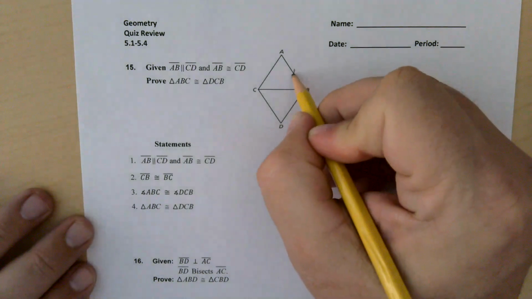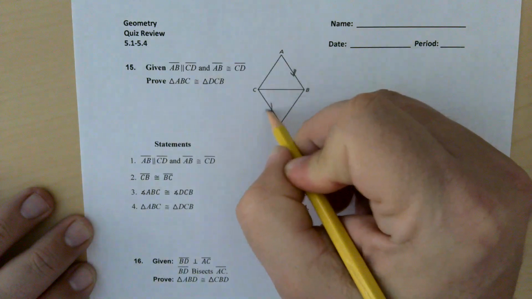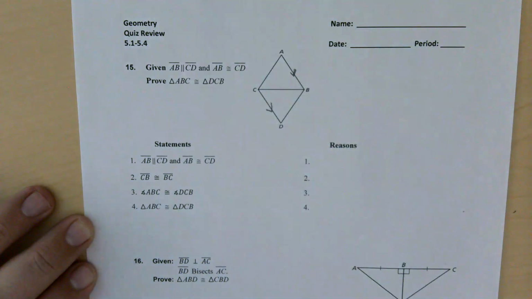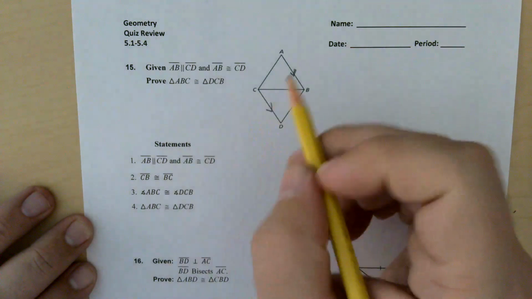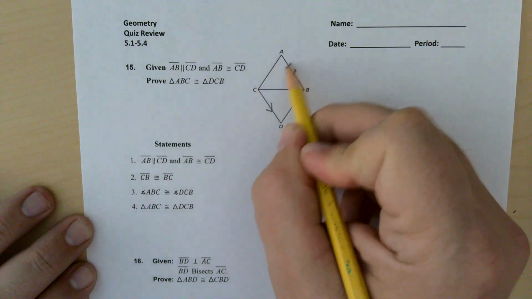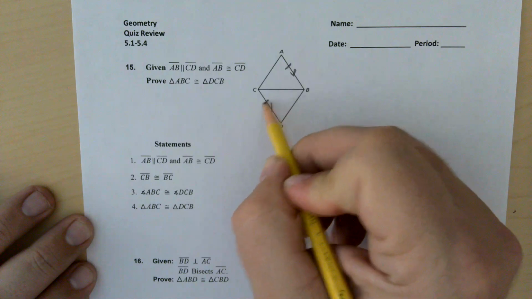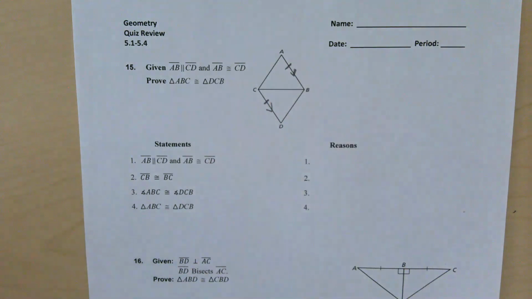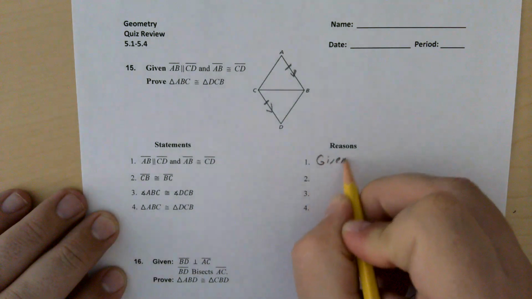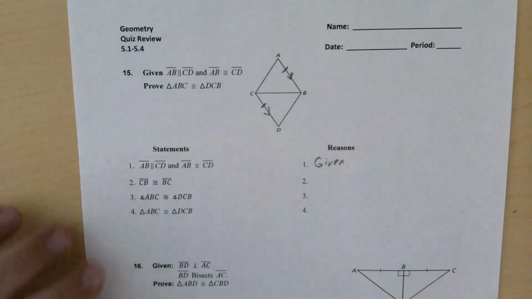So you can mark that we have parallel lines. So these 2 lines are parallel. And we're also told that AB and CD are congruent. So I'll not only use a direction arrow to show that they're parallel, I'll also use a tick to show that they are congruent. So that is given. Then I'm going to show that